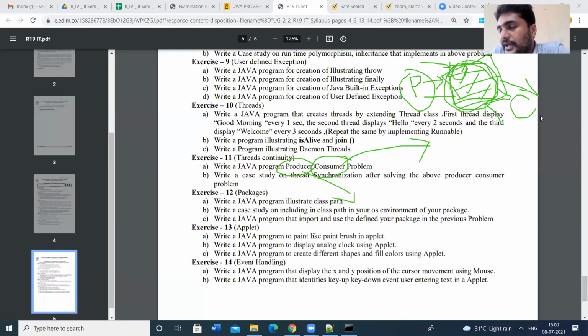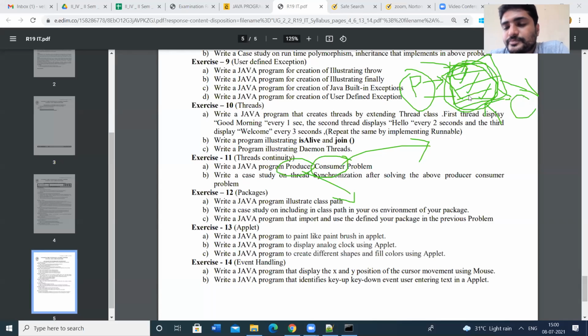So when we come to the consumer, we have to check the empty condition. When we come to the producer, we have to check whether the stack is full or not, whether it is any memory or any data structure. So whether the memory is full or not. While coming to the consumer, we have to check whether the memory is empty or not. If that is empty, the consumer cannot consume the item. While coming to the producer, if the memory is full, the producer cannot produce the item. That is the synchronization problem here.